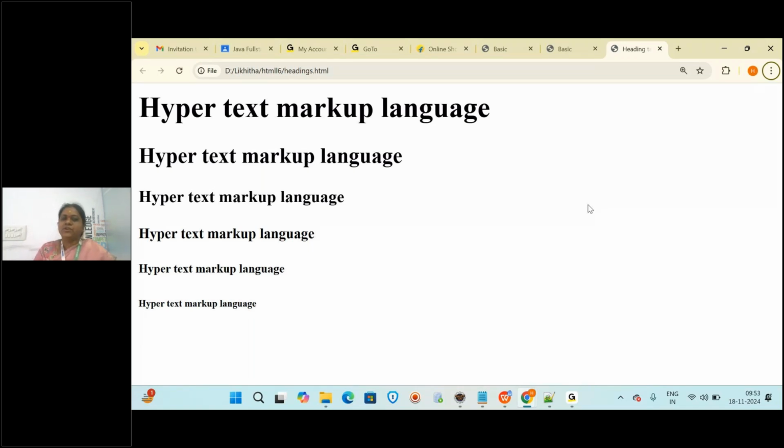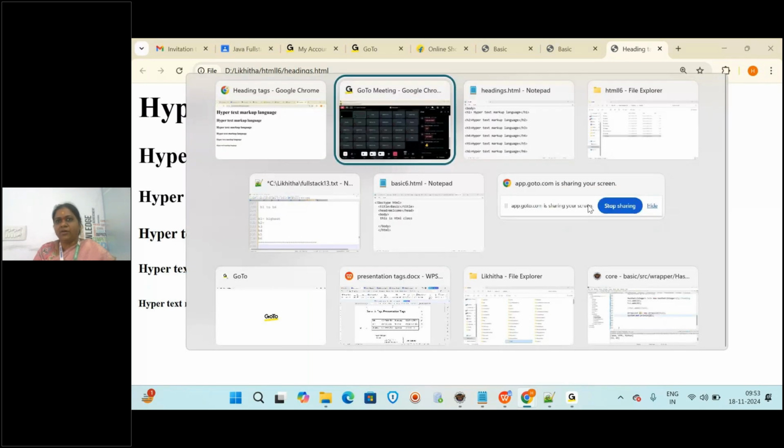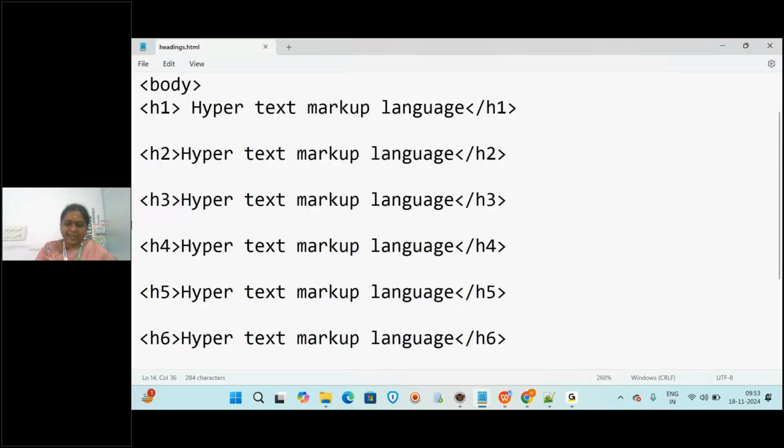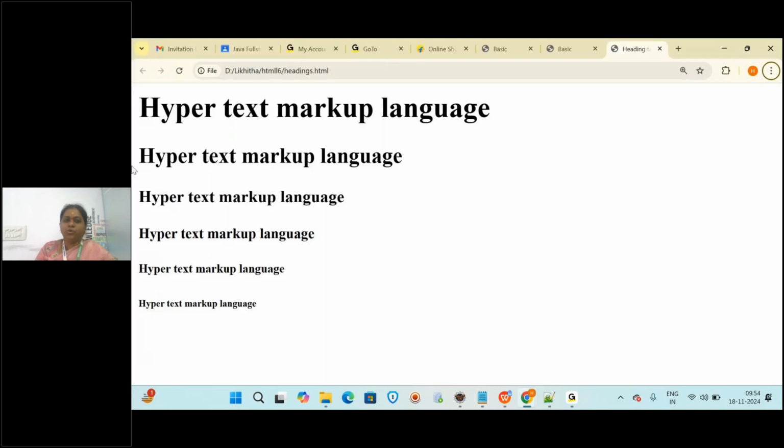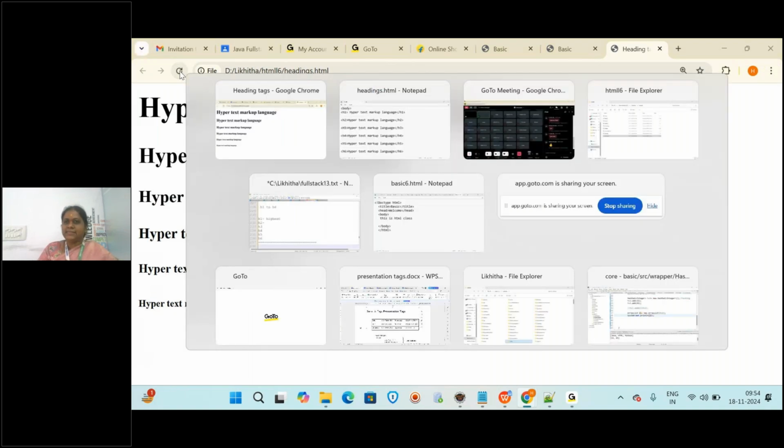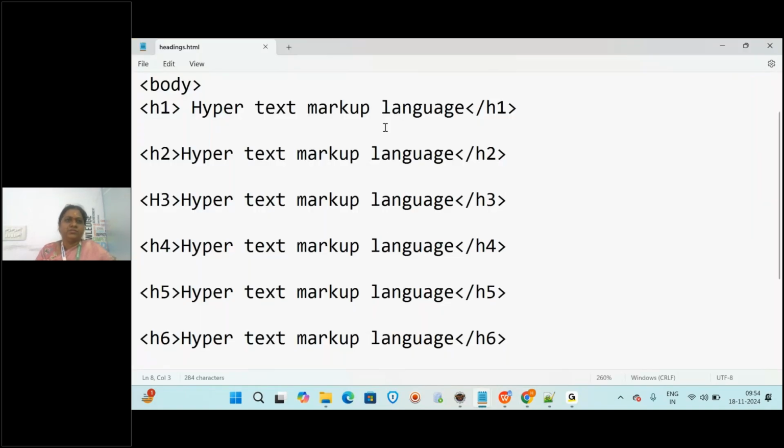And these tags are not case sensitive. You can write capital and small, no issue. If you write a capital H here and a small h there, it works the same. No problem. Clear?